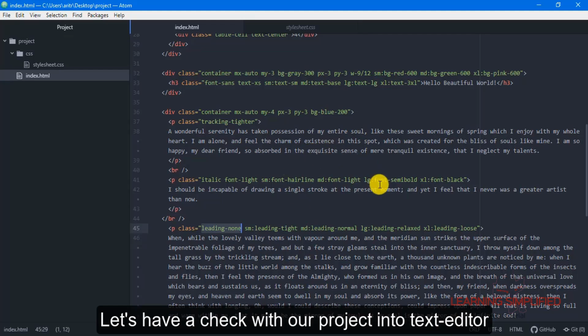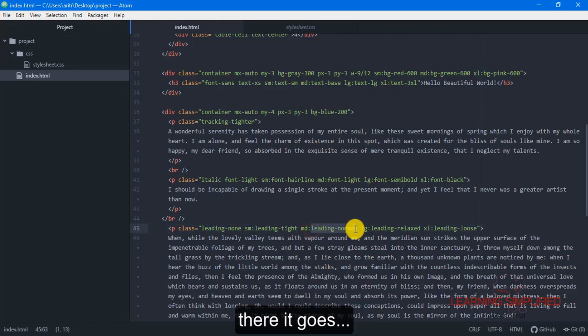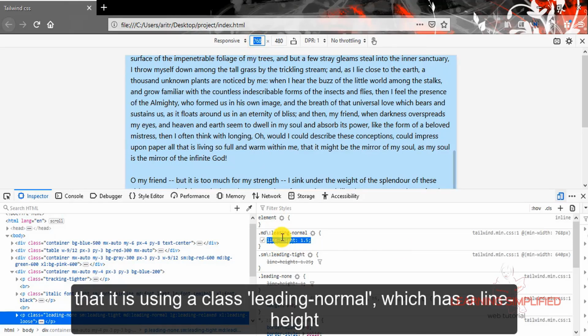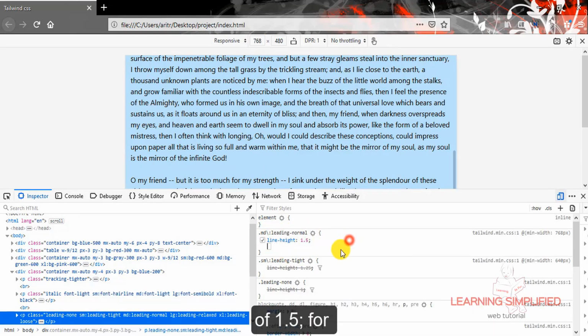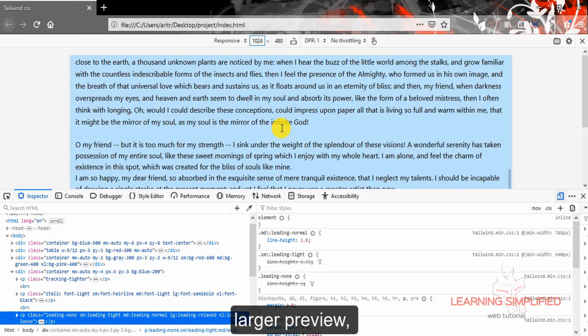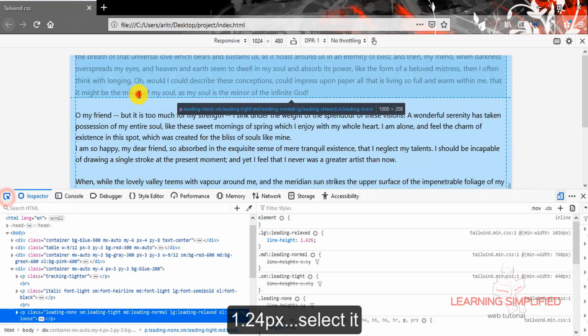Let's check with our project in the text editor. We can see that for this MD, it is using a leading normal. There it goes. So we are at MD right now, and we can see that it is using a class of leading normal, which has a line height of 1.5. For the larger preview, 1024 pixels, select it.